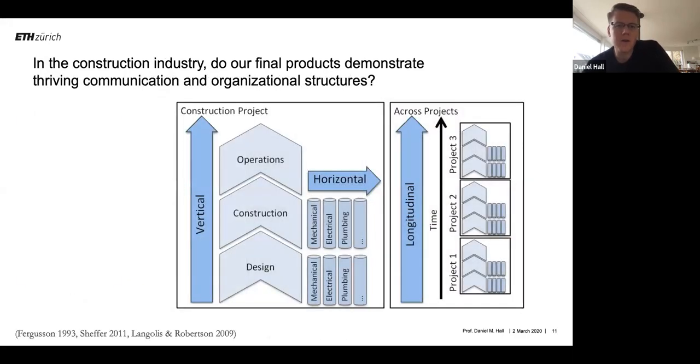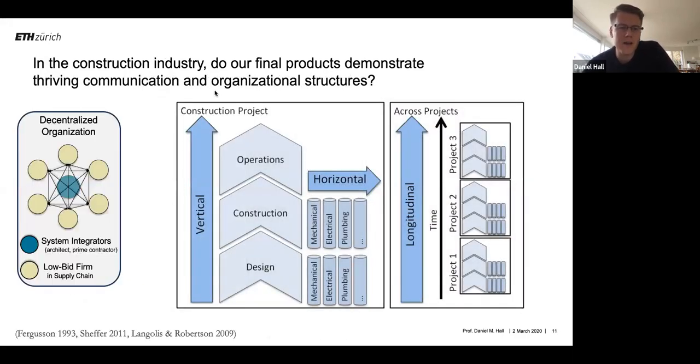So if you could describe how things are organized at a stakeholder level, we have what's known as a decentralized organization. Projects are very decentralized. They occur for a short period of time. And you have many different low bid firms through the tendering process that coordinate loosely with each other. And then you'll have a systems integrator, that's the circle in green. During the design stage, it's often the architect, and during the construction phase, it's often the tier 1 general contractor. But they're not a very strong coordinator.